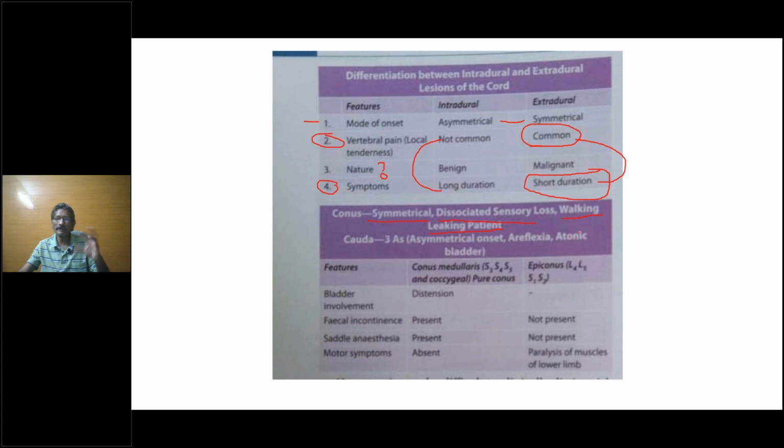Dissociated sensory loss depends again on the location of the lesion. Quite often it could be a central lesion, but that's not always true. If it comes from posterior, as I told you, L1 can also press on the conus. If L1 presses on the conus, you need not have a dissociated sensory loss. It will be like a compressive myelopathy, but motor fibers will be relatively spared there. So in cauda, areflexia will be there. It will be asymmetric. Bladder is occasionally affected depending on the segment which is affected.